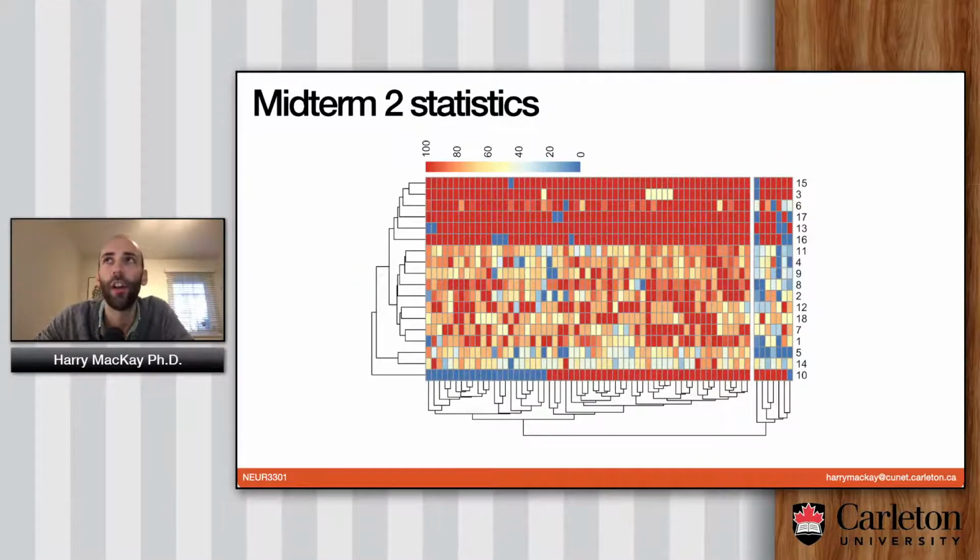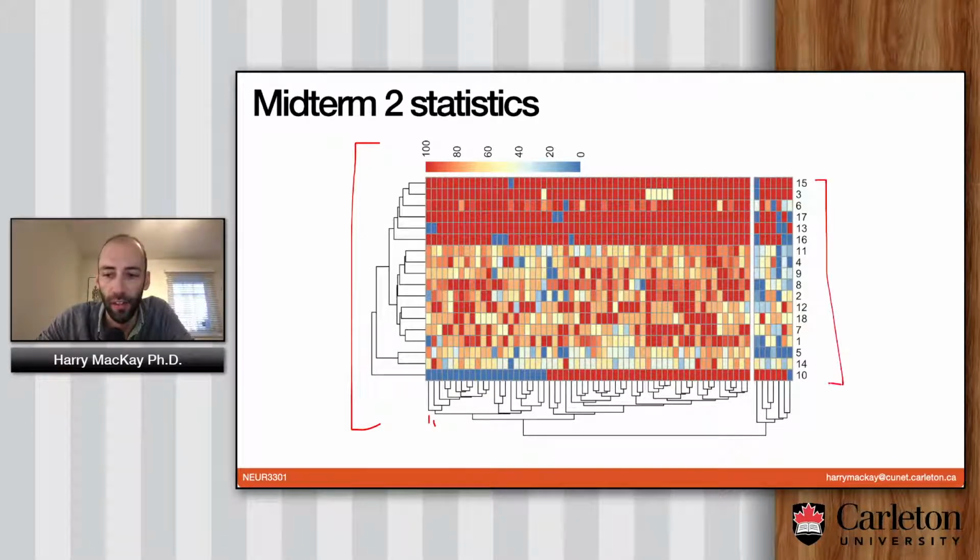So now I want to just go through some of the questions that people had particular difficulties with on the exam. Here I've made a heat map that's been hierarchically clustered. In this case, each column is a student, and each row is a question. And then I've used k-means clustering to break them up into 2 separate groups. So you can sort of see that